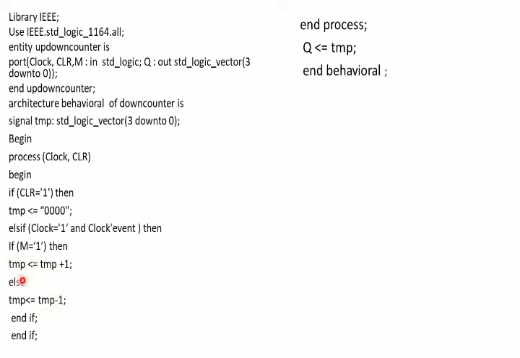Here we have initialized an if, so we'll write end if. Here also we initialized an if statement, so we'll end if. Then we have end process, so we'll write end process. We'll return the temporary signal to Q less than or equals to temp, and finally we'll end the architecture, end behavior. So in this way, you can write the VHDL code for a 4-bit up down counter. The only thing that should be remembered in this case is the mode signal and its statement: if M equals 1, it goes up counting, otherwise it will go to down counting.